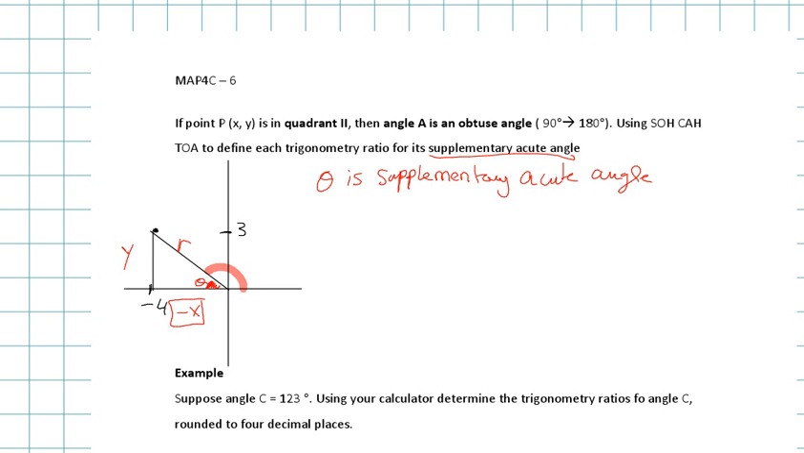So what I want you to do right now, using x, y, and r, or negative x, y, and r, is find sine theta, cosine theta,